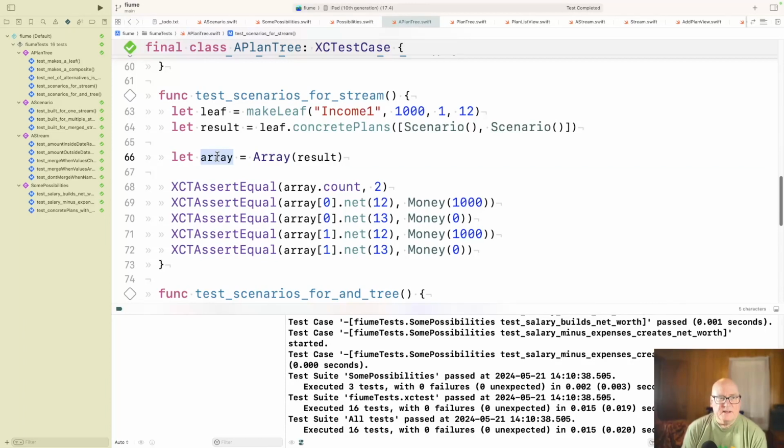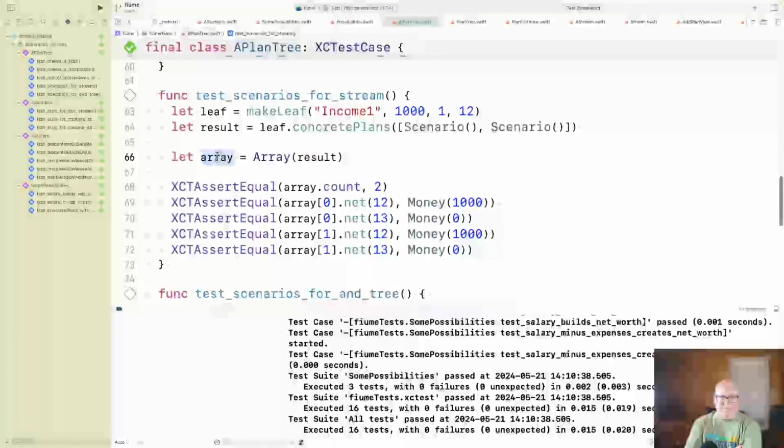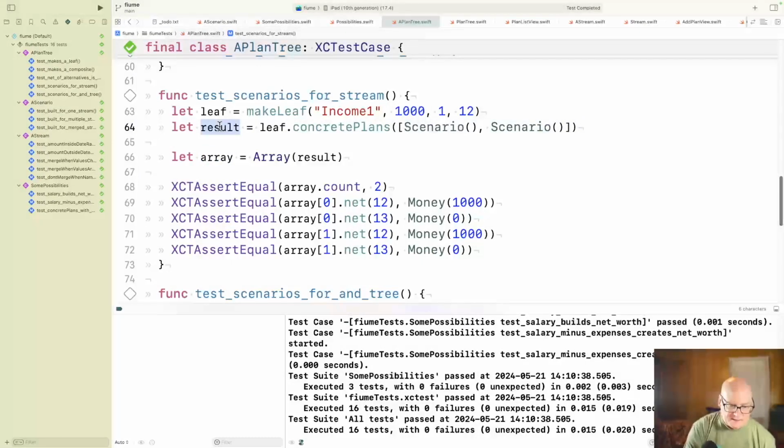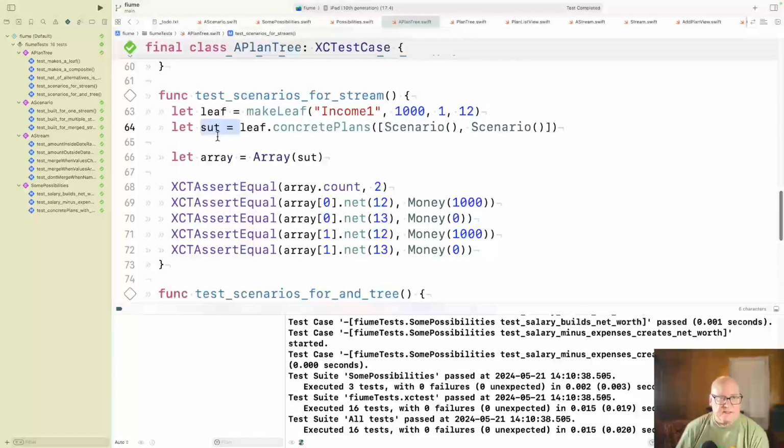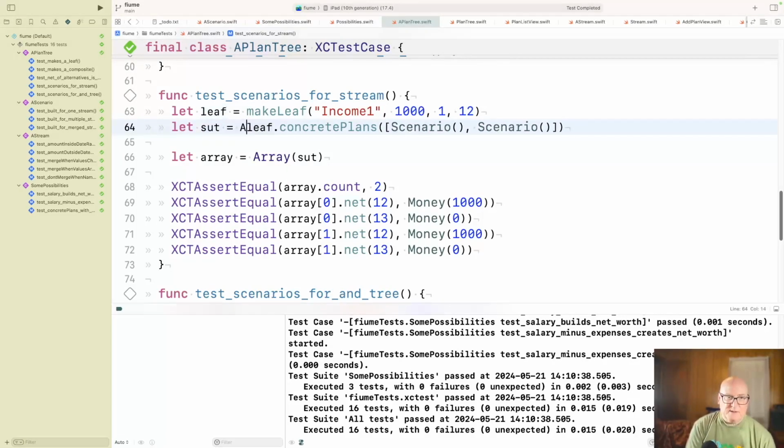Would we say? So I don't know if I should call, I mean, I think result is really the thing under test. It's a little weird not to assert about the SUT. These are all about the array. And so that makes me want to inline it.